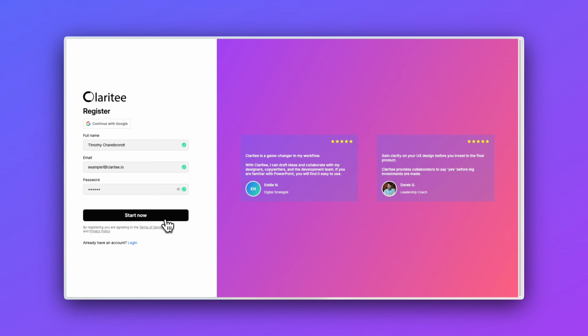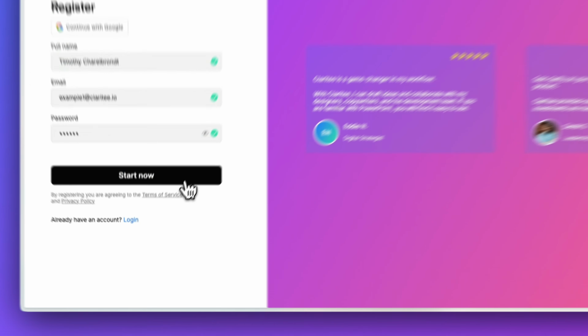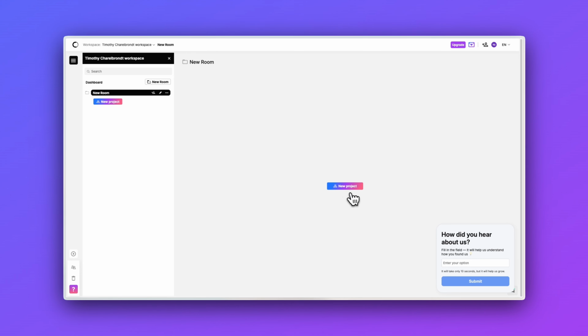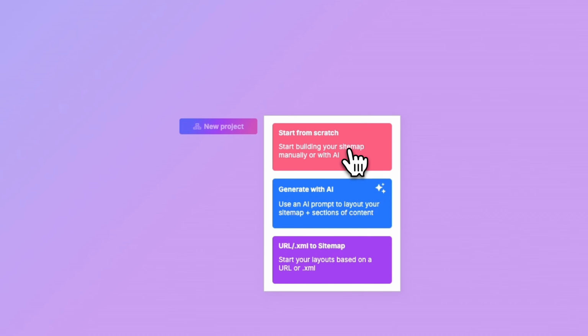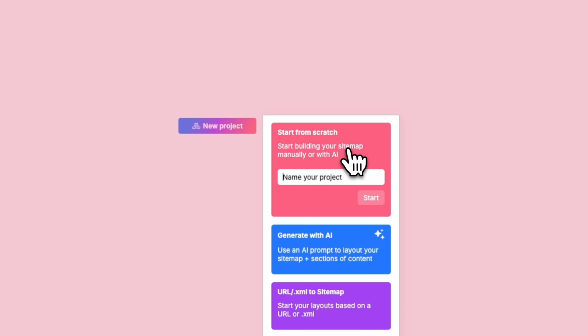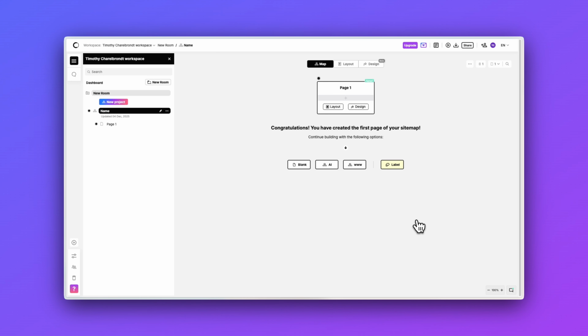Let me show you exactly how to create a wireframe inside Claritee. When you start inside Claritee, you have the option to click New Project. Let's click Start from Scratch and enter a name for your project. Click Start. First, you're going to see what's called the map view, which is a layout of all the pages